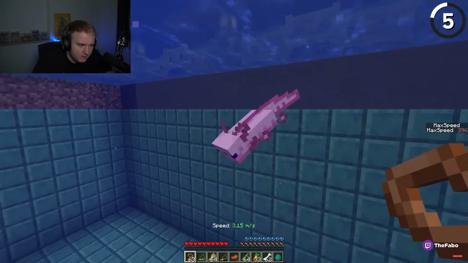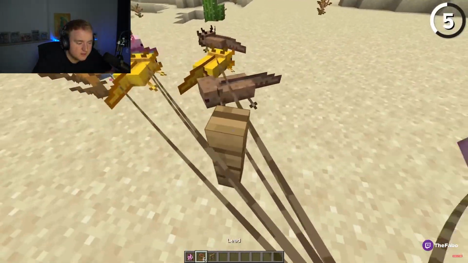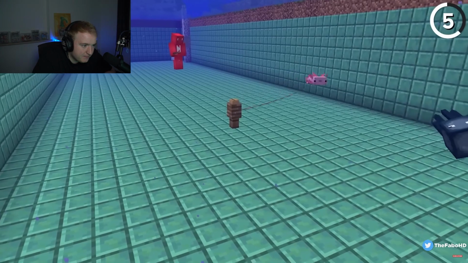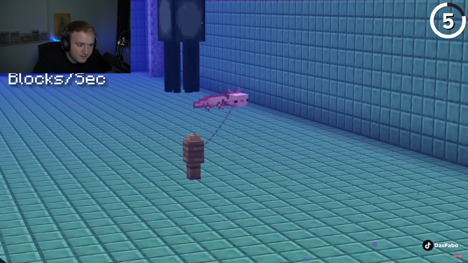And oddly enough, the top speed that we're going to see here is because of a glitch. Now, you'll notice that when you tie an Axolotl with a lead to a fence, it'll start to move very fast around in a circle. And if you put it in water next to a squid, it can go even quicker with a target nearby, reaching some wow speeds of 23.6 blocks per second, which